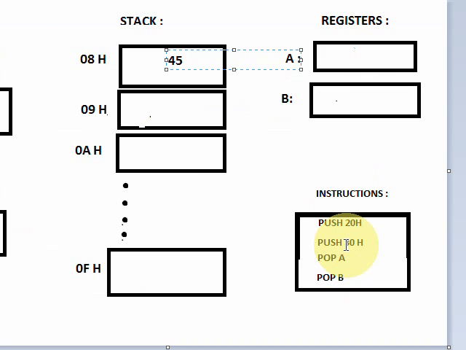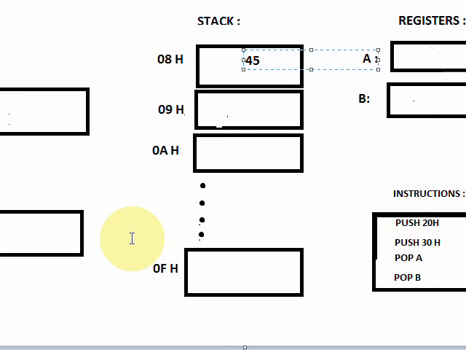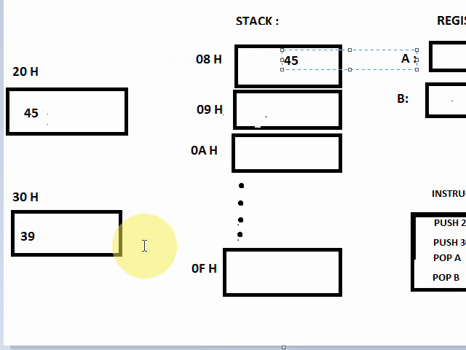Push 30H. It will copy the data from RAM location 30H into the stack's current location, which is now 09H. So 30H has data 39, which will be copied here. So I can just enter 39 here, right? It will increment the stack's current location also.